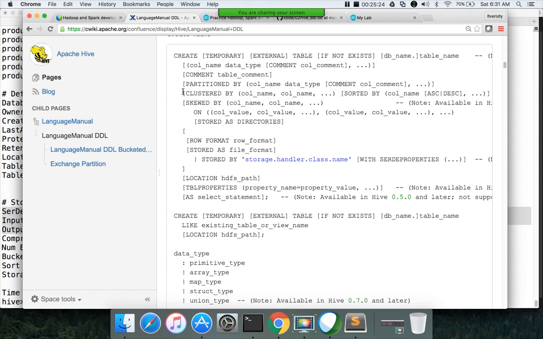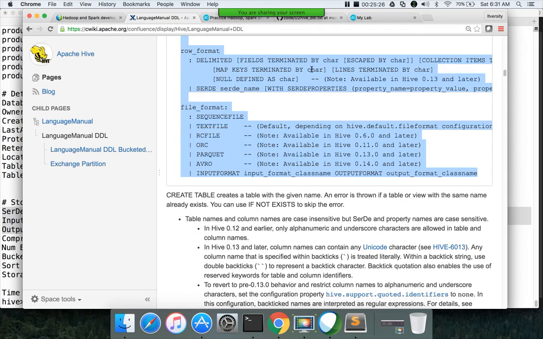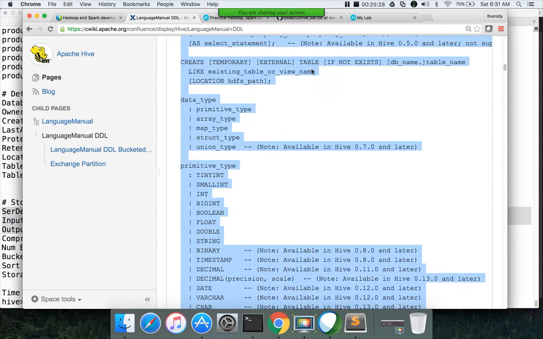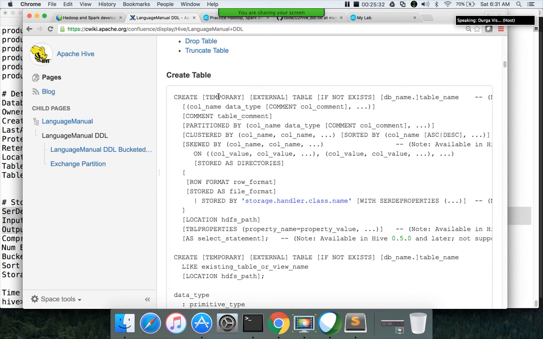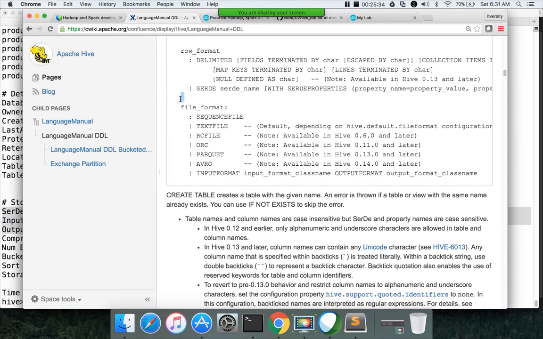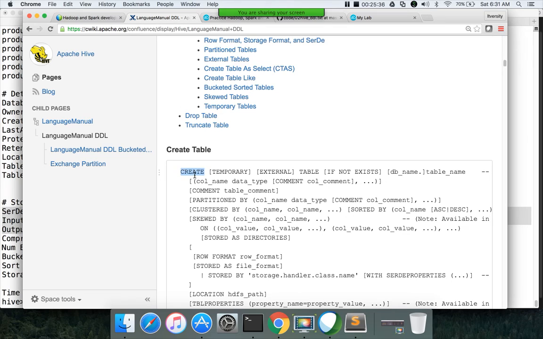So what we have done earlier, we have used create. It will select everything even if I try to select one word. I don't know why. Let me copy into some, yeah, now it is fine. Create table, and then if you want, you can prefix the table with the database name and give the table name, and we have specified all the column names with the data types.